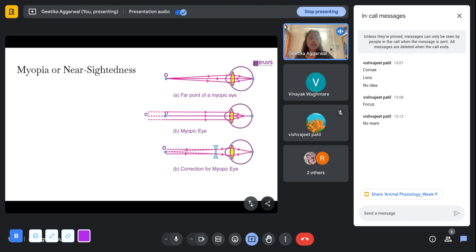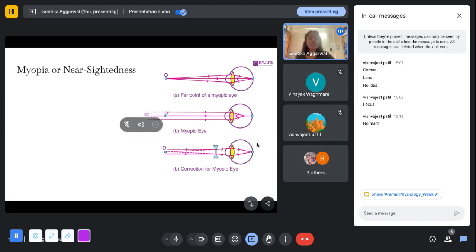it is the most common eye condition that I think most of the students develop, because all of us, since we are always studying our books or looking at the laptop, most of the students, like I'm also wearing specs, so I'm also myopic. So nearsightedness is when you can see nearby objects clearly, but you're unable to see far off objects.